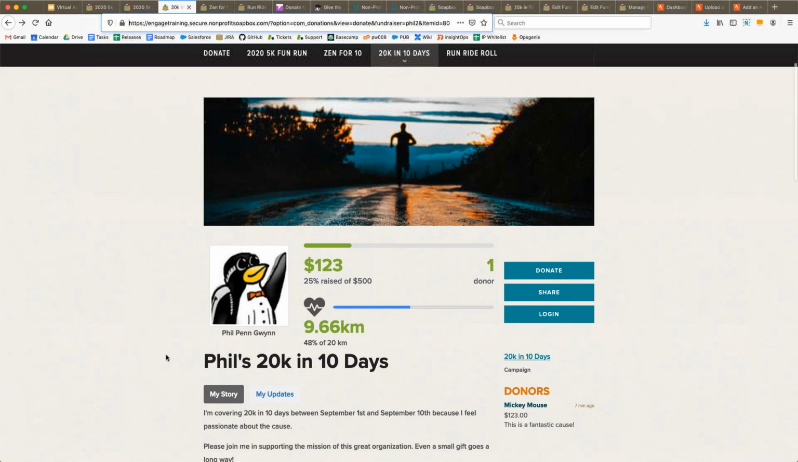So in this case, this particular virtual fundraising activity is set to just allow activities from September 1st through September 10th, so 10 days, and the goal for everyone here is set to 20 kilometers. Within those different goals for distance, you can choose either kilometers or miles, and as an admin within Soapbox, you